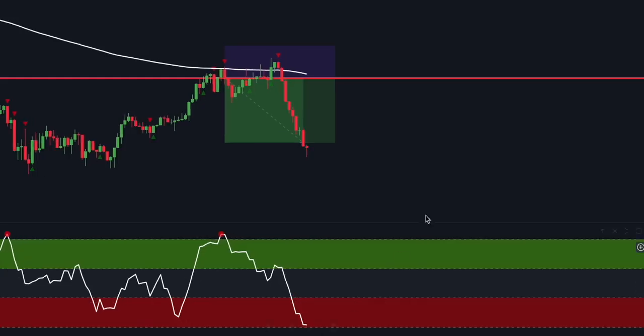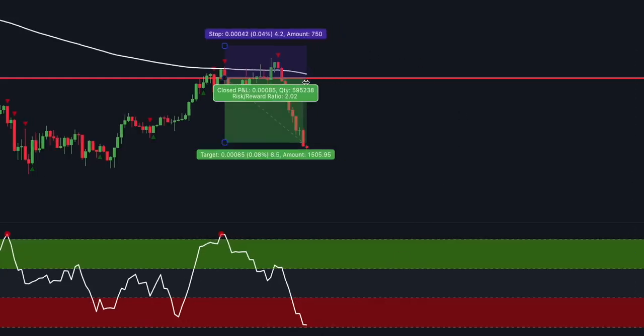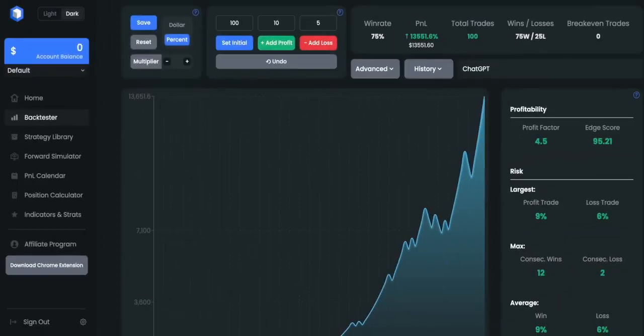Okay traders, I believe you have a full understanding of the strategy. Let's proceed to the backtesting results. So I tested the strategy on different forex pairs on a 1-minute time frame and the results were insane. The initial account was set at $100 and I was risking 5% of the account per trade in order to profit 10. As a result of 100 trades, the strategy made